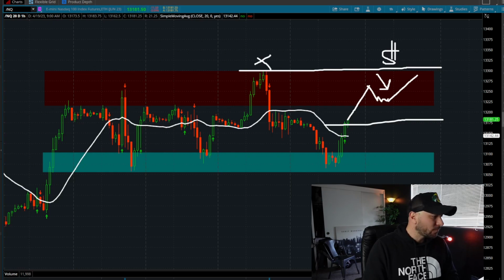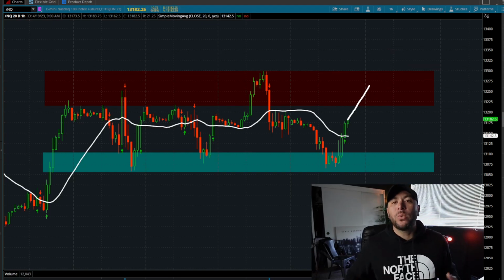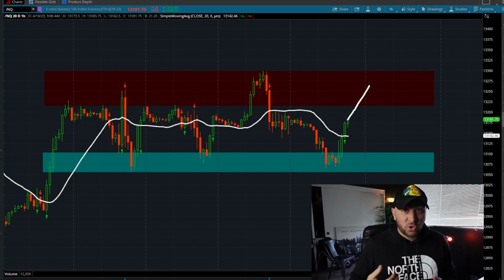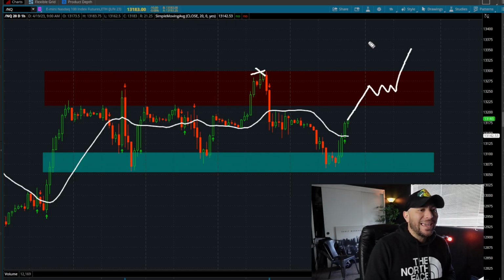So when do we fully get risk on? When do we think that maybe the trend is starting to trend in the bull direction? What we would need to see is a hold in this zone, and we're going to need to break out over this previous high, and we're going to need to put in a new high. As soon as we put in that new high, this is not when you want to go long,